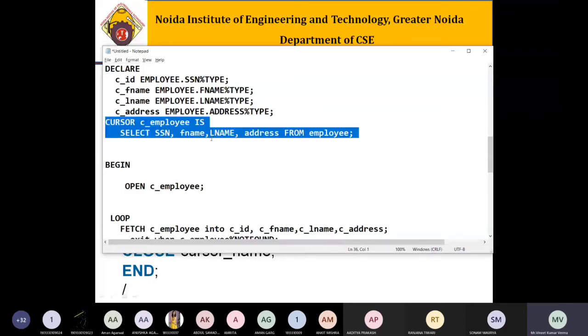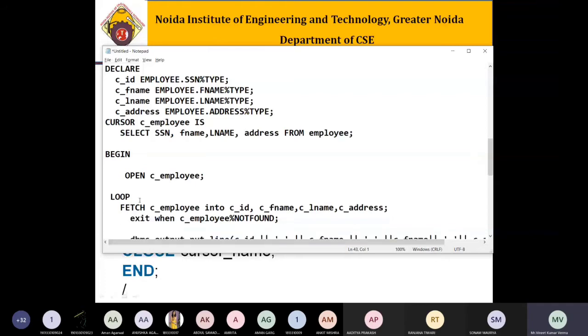So we have to use the BEGIN statement, and here, first of all, to access the data through the cursor, we have to open it first. So open cursor, that is employee cursor, and after that one by one we want to fetch the data. In that case, FETCH employee cursor INTO C_ID, C_first_name, C_last_name, C_address.